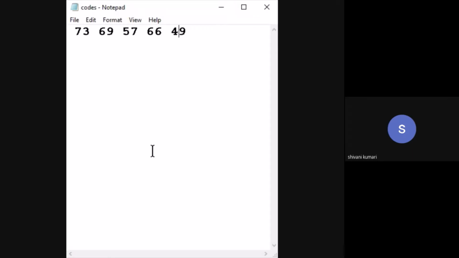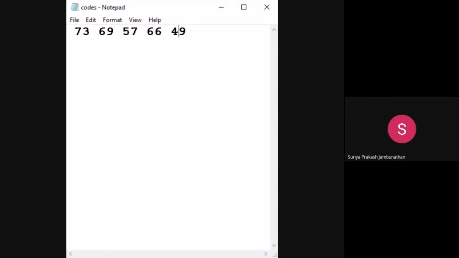Yes, sir. Okay. So we are having an unsorted array 73, 69, 57, 66, 49 like that. And we have to give proper space. Keep in mind you have to give single tab space between each and every element, because in our code we have given single tab space. So it will identify the tab space and retrieve the value. That value will be stored in the array A that we created in our program.